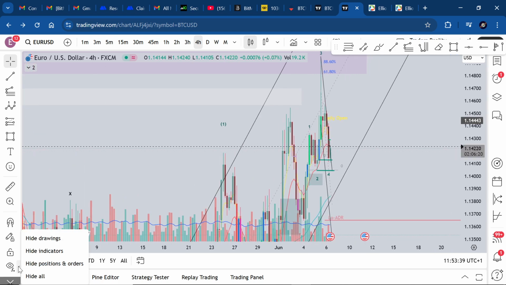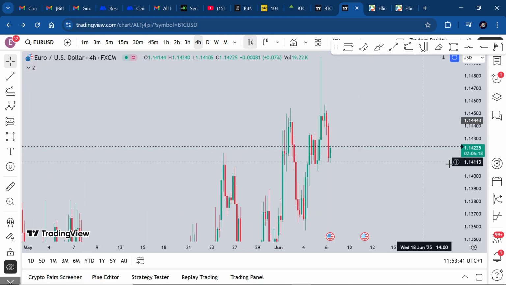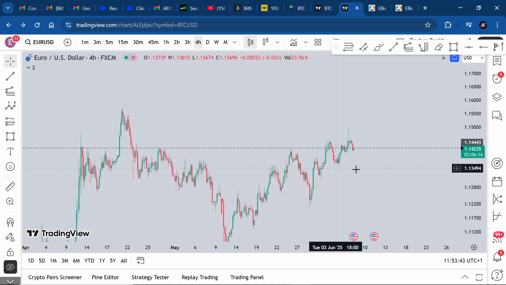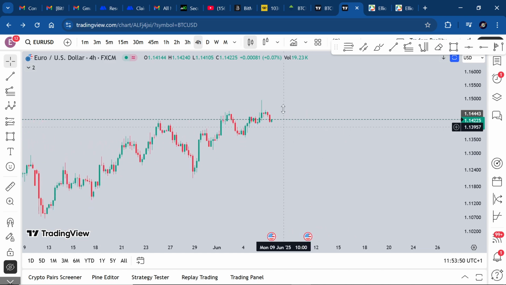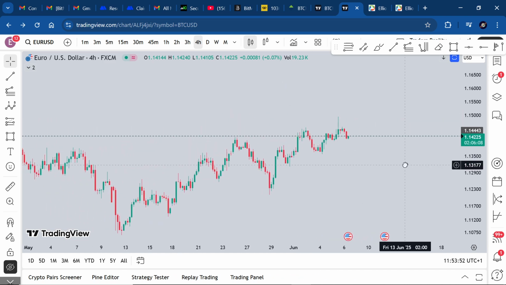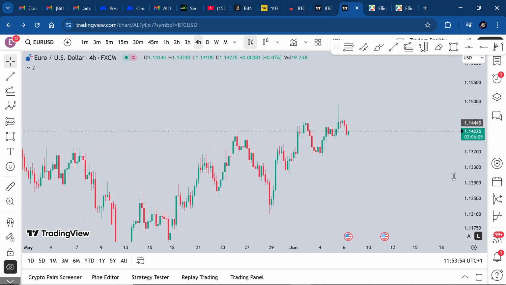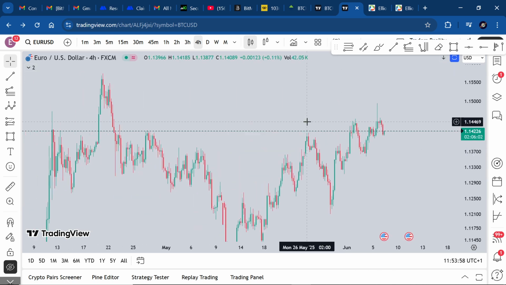Okay, so starting with the Euro USD on the 4-hour time frame. And I do actually believe price is looking to turn around sooner or later, but I'm looking for a push up. If you can see, price has come and it's flipped the high. Basically, we've grabbed liquidity on the 4-hour time frame, tapped into supply over here,